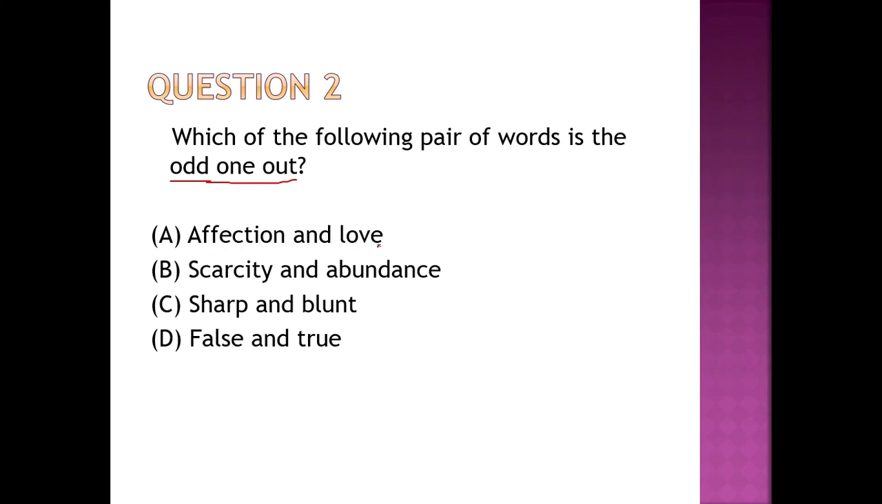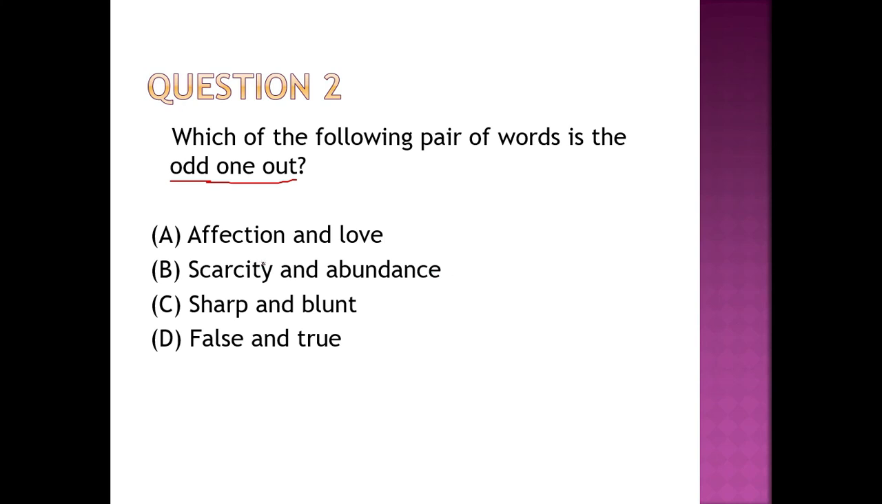This is a pair of synonym. Most people know that if you have affection for somebody, you love them. So this is a pair of synonym. Let's look at B. B, scarcity and abundance. All right, so this is a pair of antonym. Scarcity and abundance. Scarcity means when you have very few of something, and abundance means that there is a lot